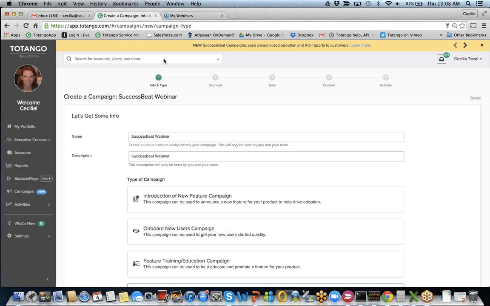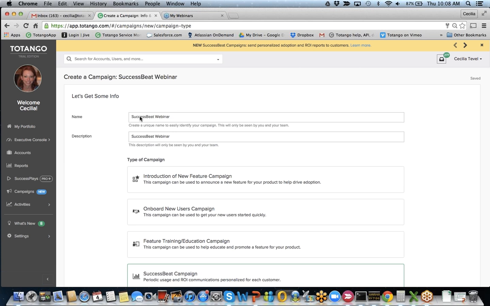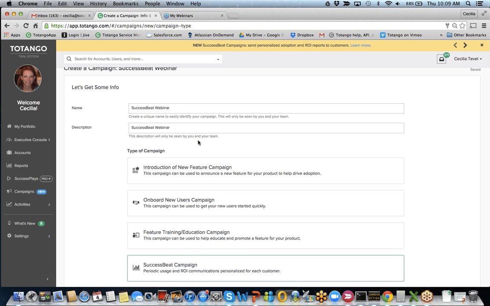Initially, when you start, there are a few steps, and it tells you exactly what step you're on. So we're in step number 1, where you're going to define your initial SuccessBeat. You can give it a name, and this can be an internal name, something you can easily identify and recognize when you look at all your campaigns. You'll know exactly what this particular campaign is doing. So I just called it SuccessBeat Webinar, and the description is SuccessBeat Webinar. Obviously, you can make this very descriptive,